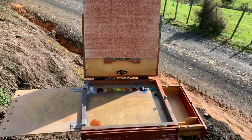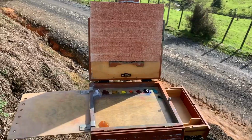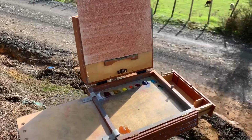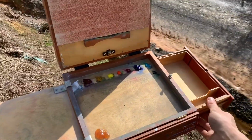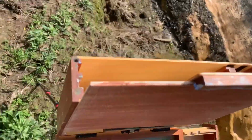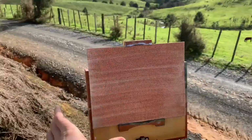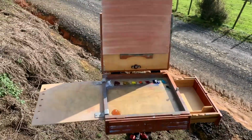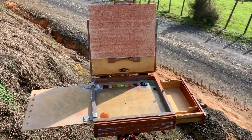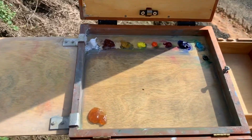Right, before I begin painting, I'll just quickly show you my setup here. I'm painting on an Alla Prima Pochade box, and it's made by a guy called Ben Haggett, who lives in Montana in the USA, and he hand makes all of these, and they're just so nice to paint on, so intuitive. It's got storage compartments for your paints, there's a spare palette there, brush holder, and then even inside, you can't see it that well, but there's storage spaces to put your panels. They've also got magnets inside them, so I can adjust the height of this as well, and it just mounts on a camera tripod, so it's really cool, really handy for painting outdoors, and you can use them in the studio as well. The colours I'm using, I try to keep it relatively simple, especially painting outdoors, but I'm using